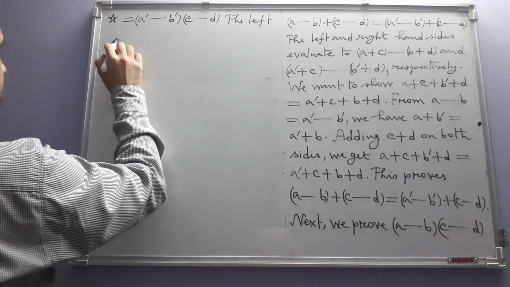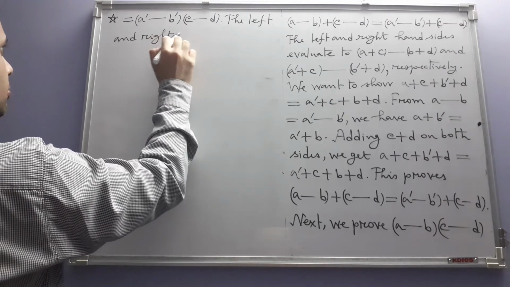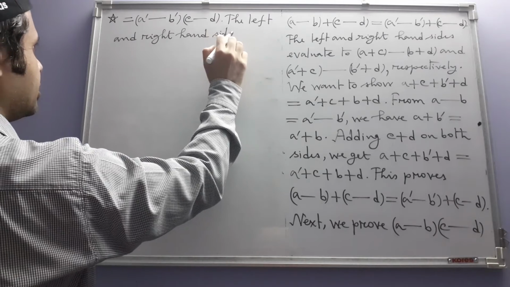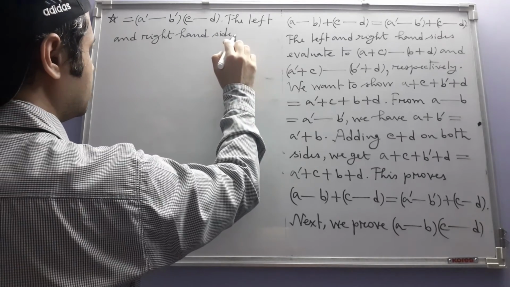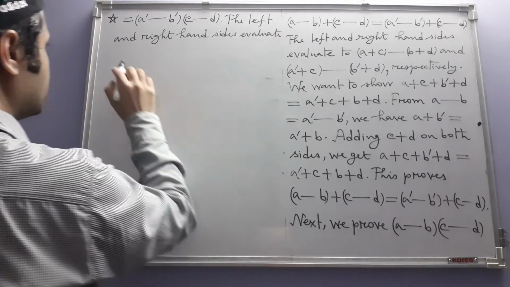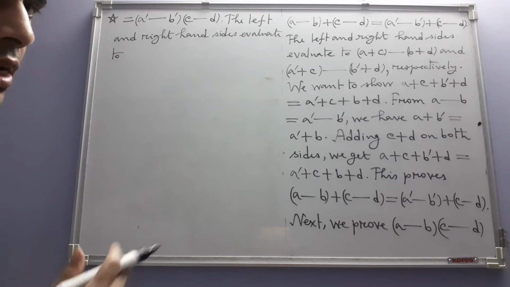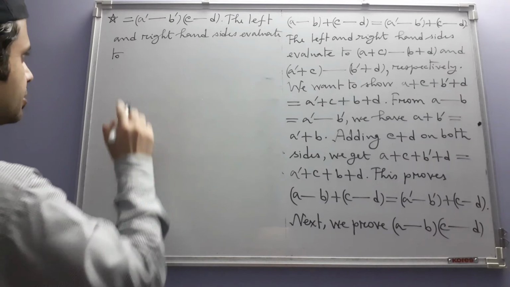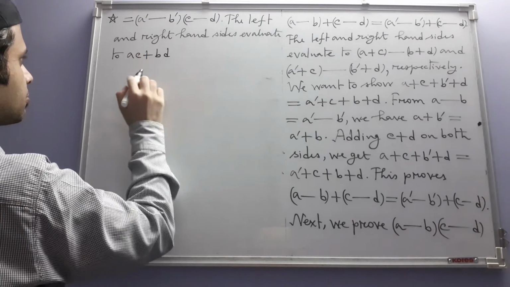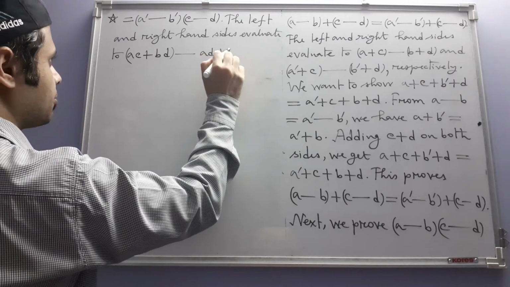Same strategy, the left and right hand sides evaluate to, okay, now here it will be slightly bigger, ac plus bd dash ad plus bc and